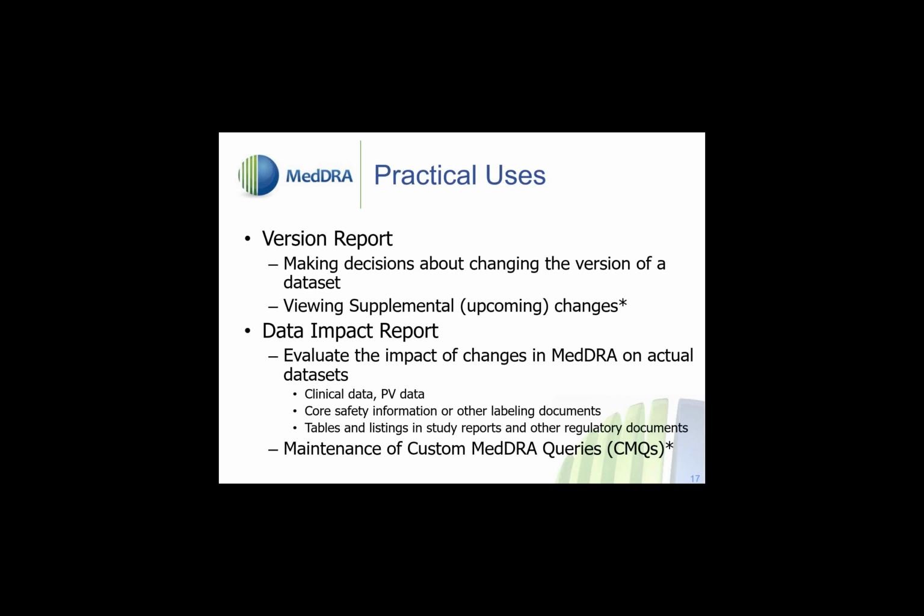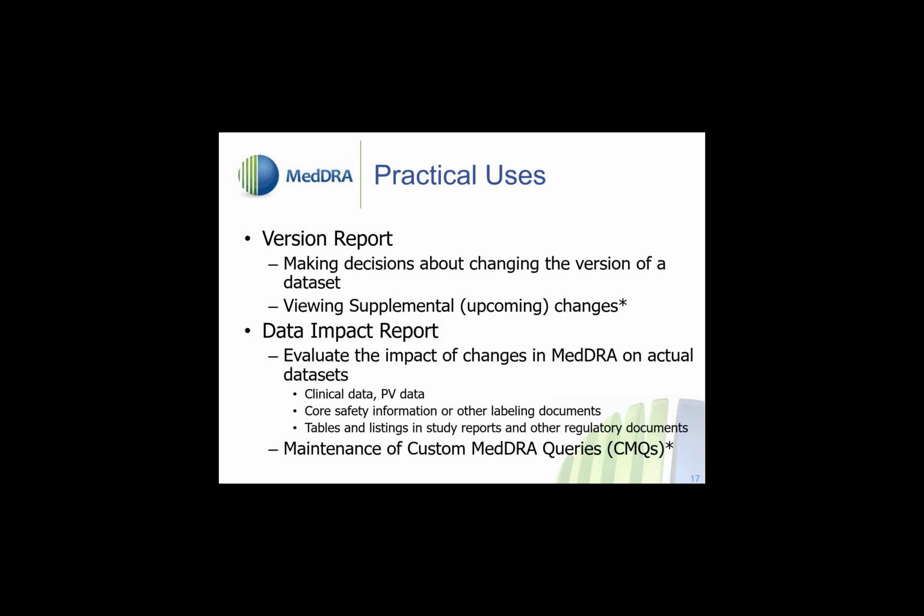You could use this to look through core safety information or other labeling documents if you are in the process of doing any kind of updates to those and need to look at the impact of MedDRA versioning. And then also tables and listings for study reports or other regulatory documents if you find the need to reversion your information. The last bullet point on this slide is the one that I'm going to demonstrate for you today,